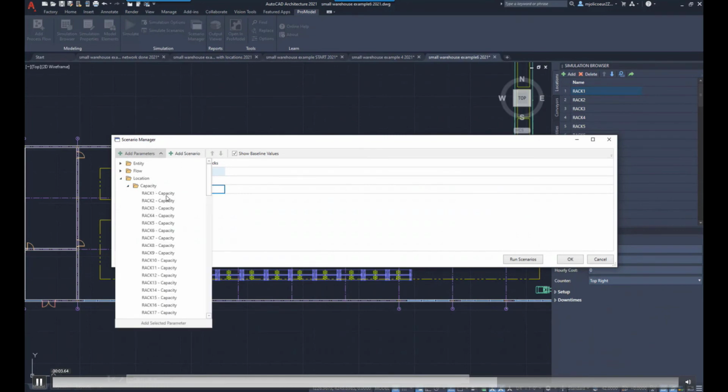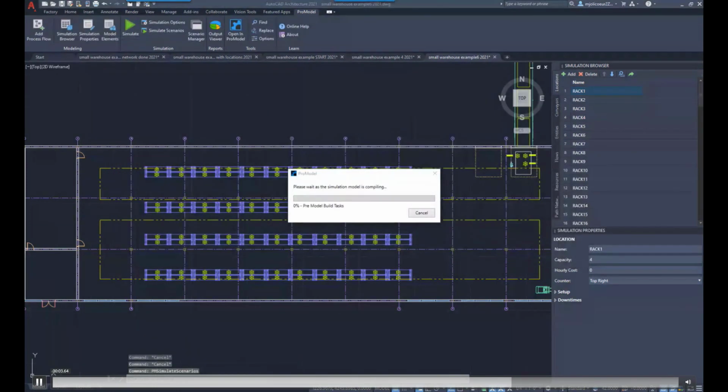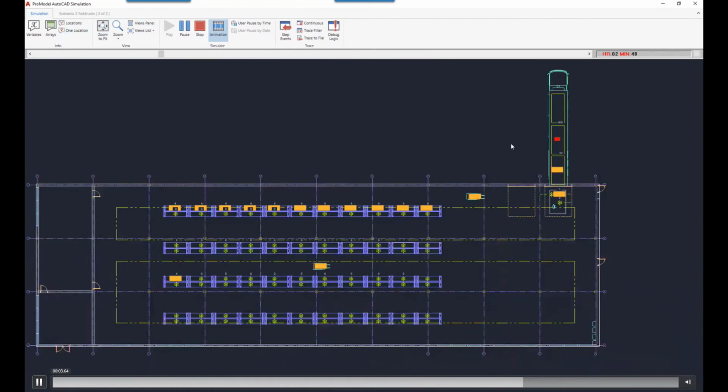as we want to. The software will continually run these for us, and not only that, it will run those multiple times if we wanted to allow variability to build an average for us. So that way we're going to get even more accurate results. So we'll run the 2 scenarios. As we can see in the upper left-hand corner, it's telling you which scenario is running. So now it's running scenario 2, and we can see that there are 2 fork trucks running rather than just